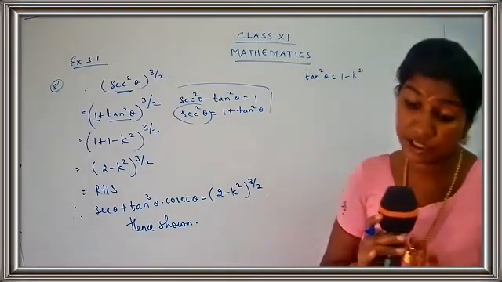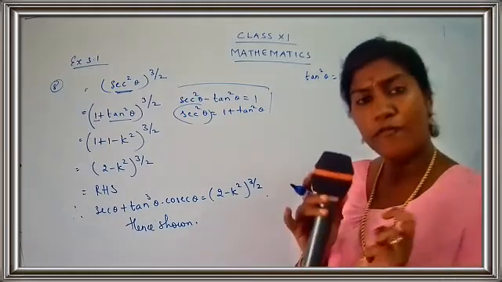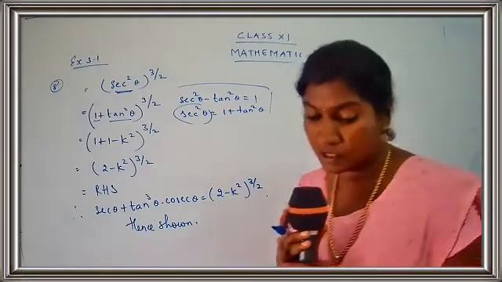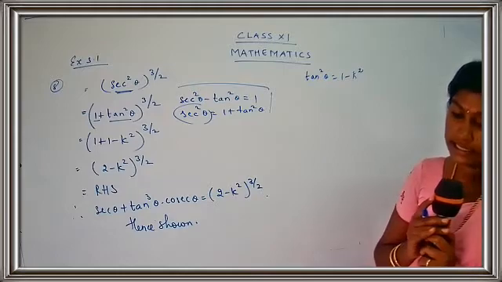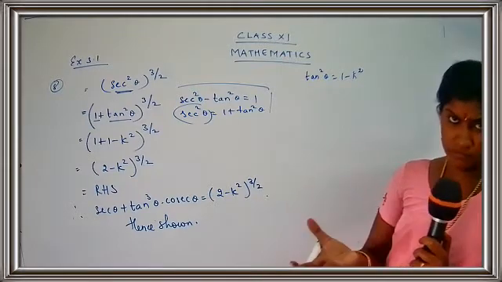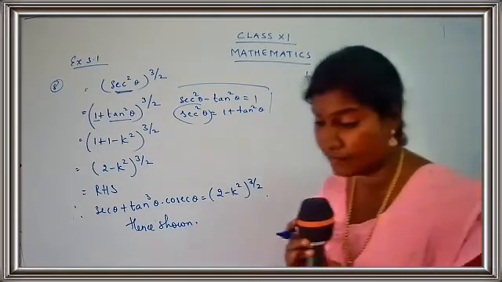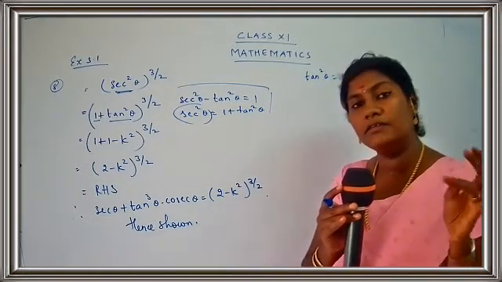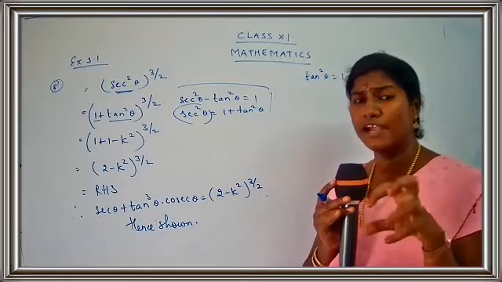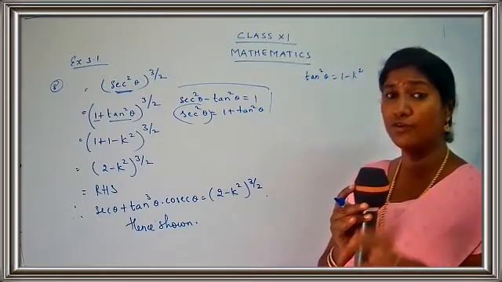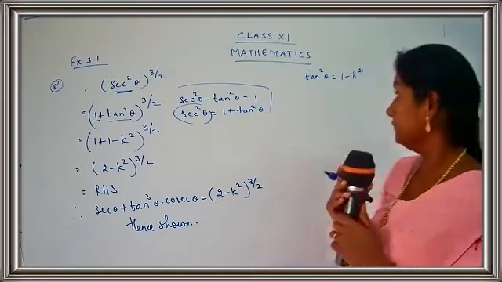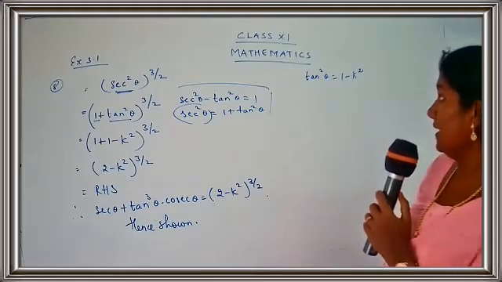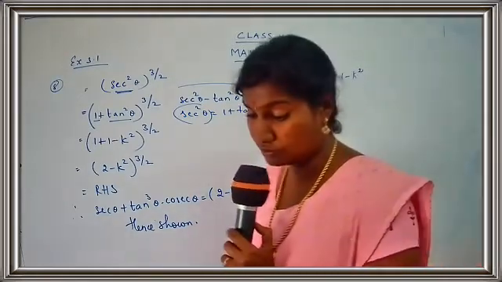Now here the question is: find the values of k for which the result holds. So I'm just going to start with theta is equal to, 90 degree. Let's start from 90 degree. You have to just go for 0 degree, 90 degree, and so on. We have to go on finding all the values and we are going to check whether you get the value for k or not. So write down: tan square theta is equal to 1 minus k square.